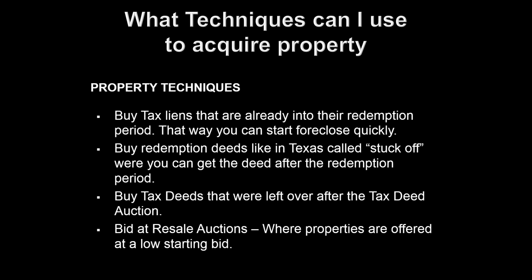But there are other states out there where you can purchase tax liens and you do the foreclosure, and you get the property completely. So there are other states you can look in, states like Nebraska and others, where they have these over-the-counter lists. And there's quite a bunch of different states out there, even in Arizona, where you can purchase these tax liens, foreclose on it, and if it goes through foreclosure, you automatically get the property. You can also buy redemption deeds in Texas that are called struck off. This is where you can go ahead and purchase, essentially, redemption deeds over the counter.